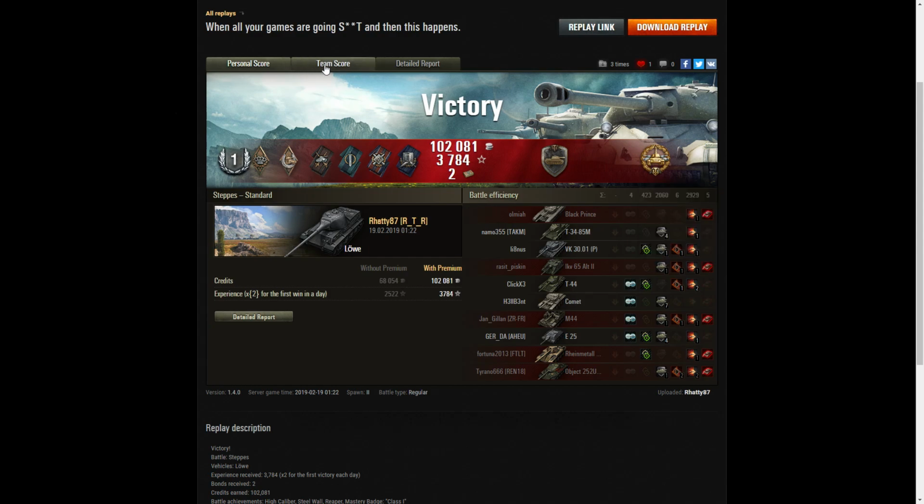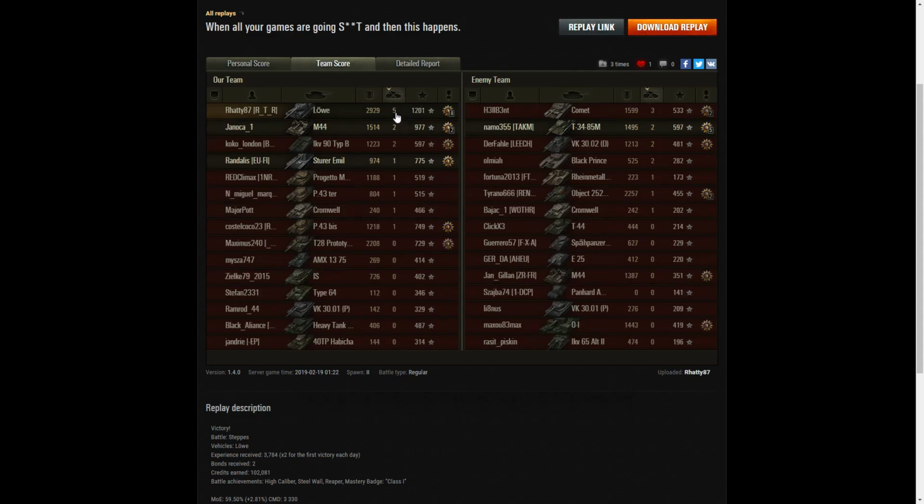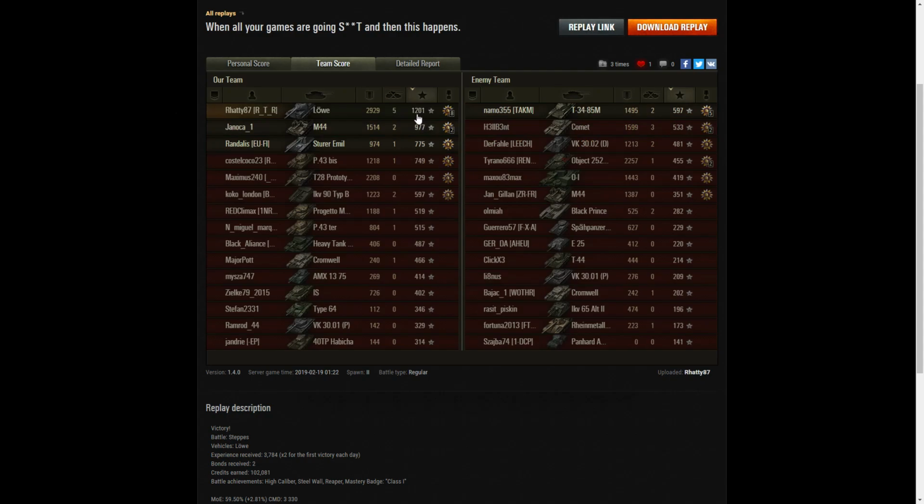And let's have a look at the team score. Highest damage, 2,929 hit points of damage overall. The next highest scorer actually was the Object 252 Defender, who got 2,257 in that game, but he only got 1 kill, whereas Ratty got 5. And when it came to base XP, Ratty was top of the table again, so he's got a clean sweep at the top,